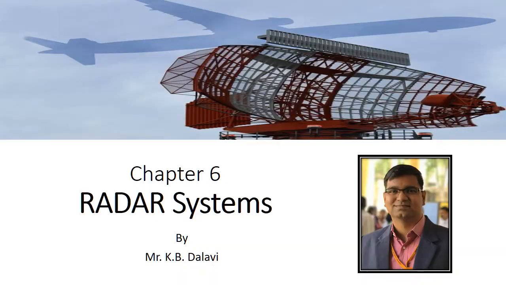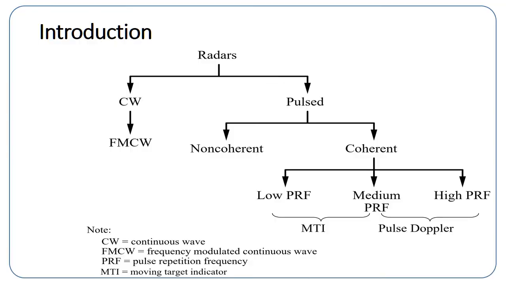So radar can be classified into two basic types, pulsed wave radar and continuous wave radar. In pulsed wave radar, the transmitter will transmit for only a particular pulse duration, and for the remaining time the transmitter will be turned off. During that time it will receive echoes from the target and process them to display the result on the radar display.